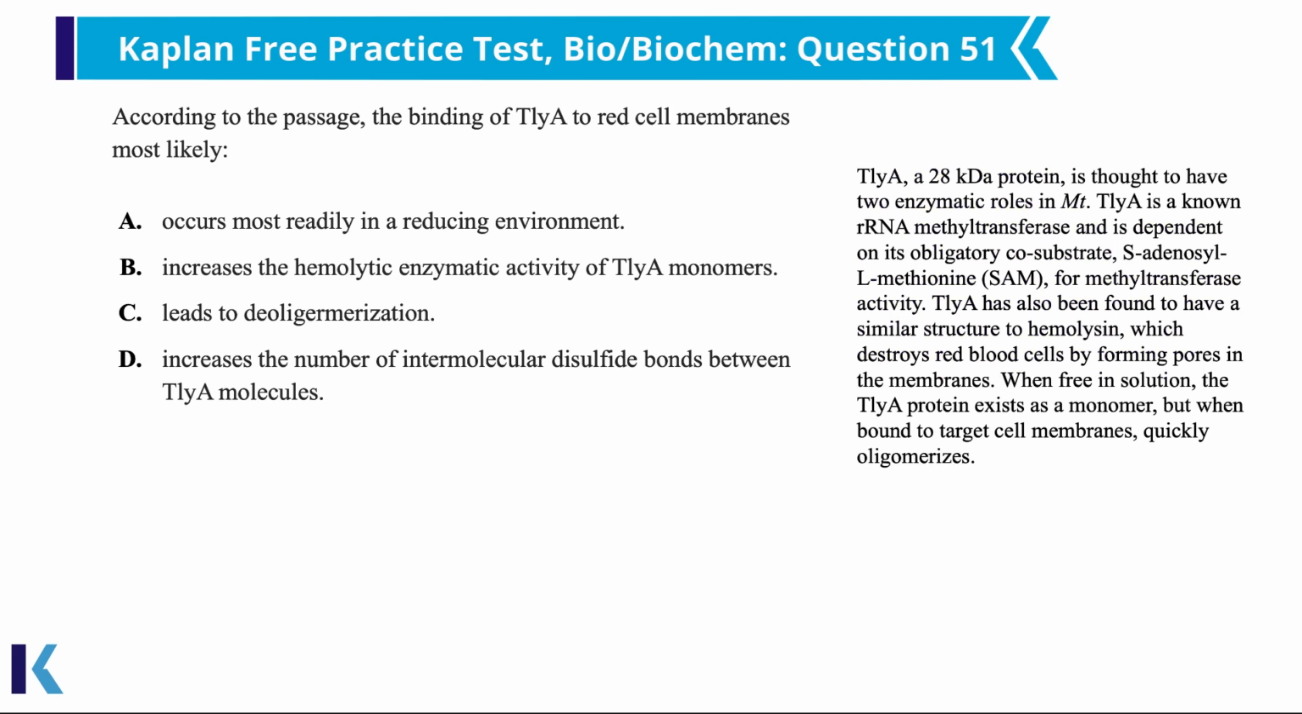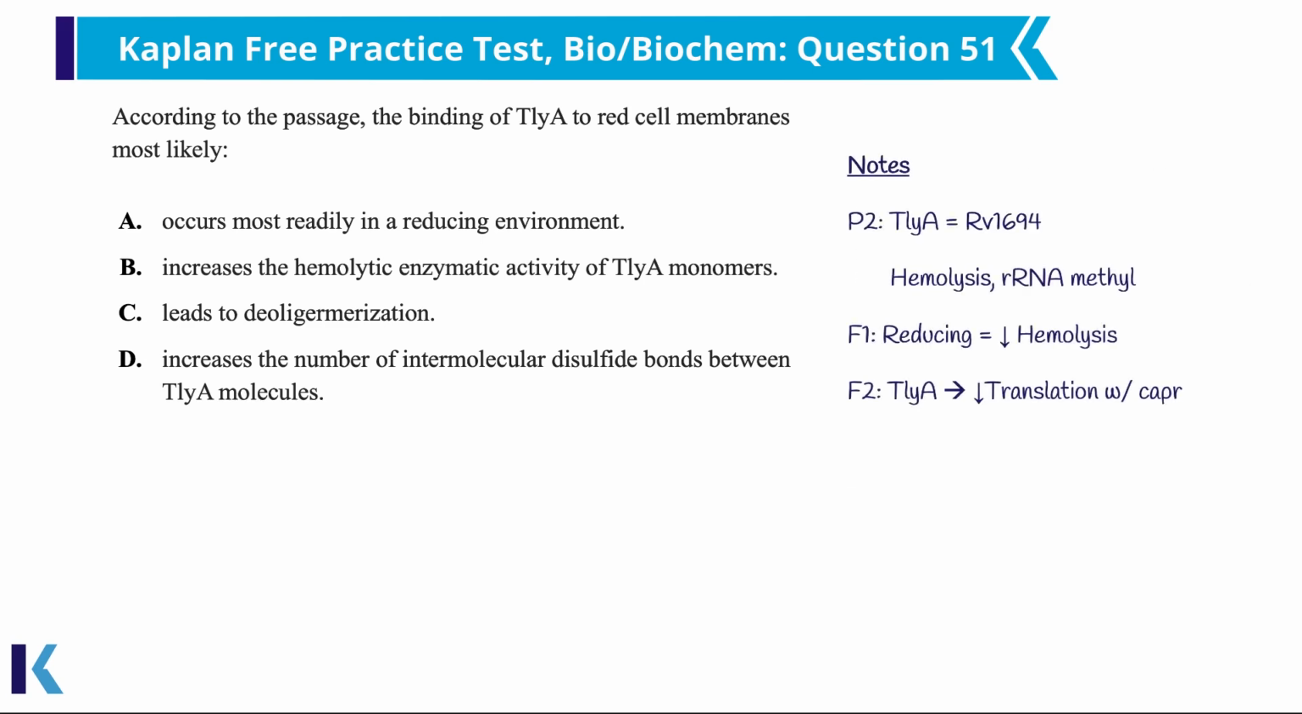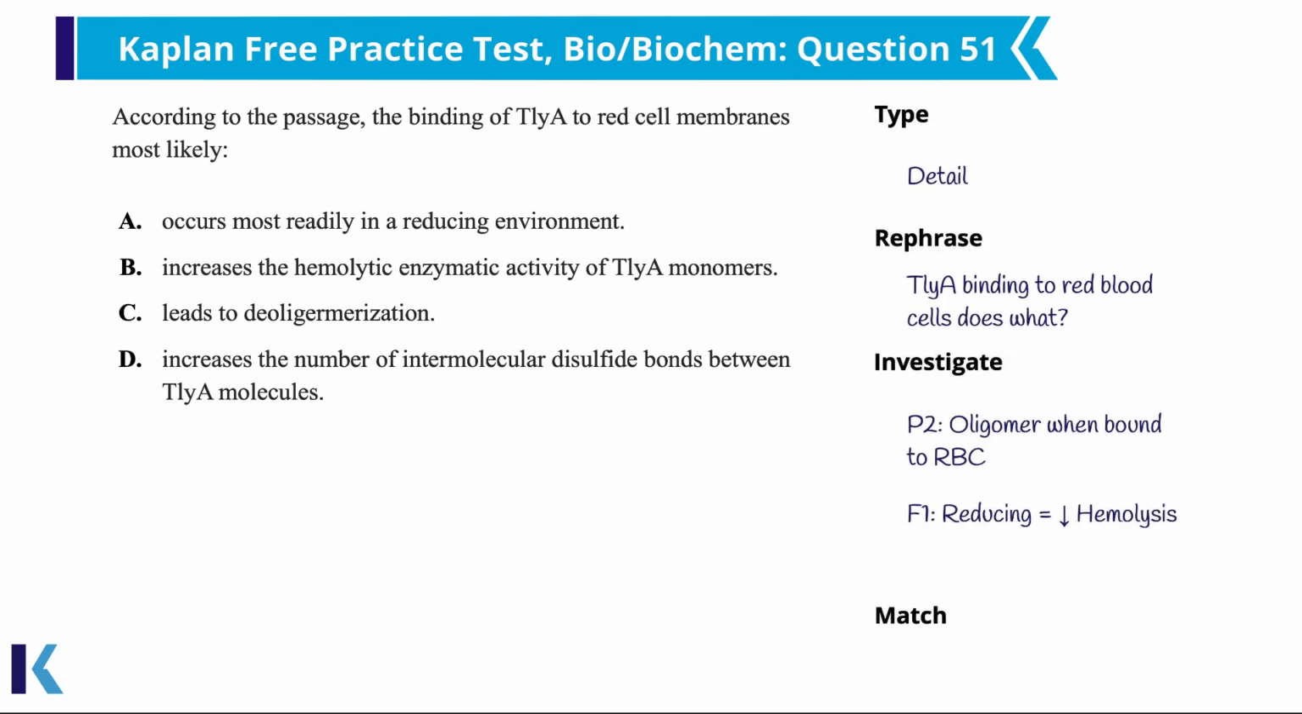in Figure 1. Going back to paragraph 2, I skim until I find where the hemolytic activity is mentioned. The paragraph makes note that TLYA is a monomer when free in solution, but becomes an oligomer when bound to cell membranes. Going back to my notes on Figure 1, which was looking at hemolysis in reducing and native conditions, I noted down that reducing conditions decreases hemolysis. With the information from paragraph 2 and Figure 1, I'll go to the answer choices and begin to eliminate what